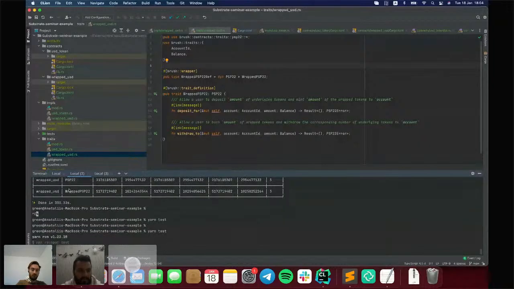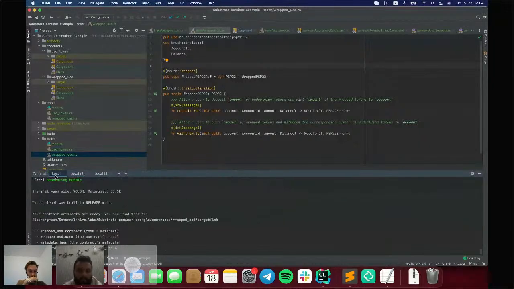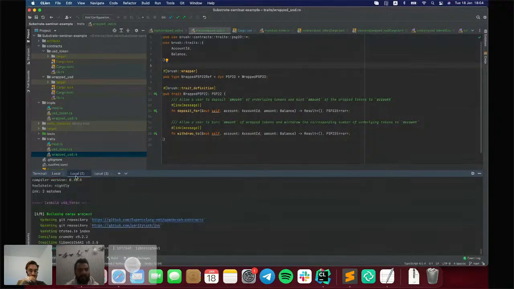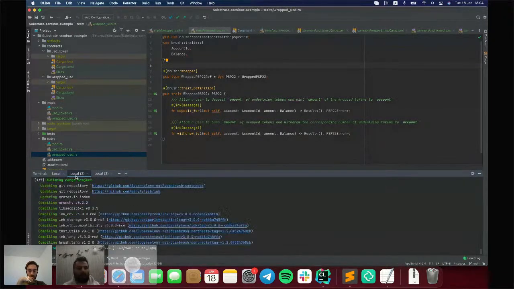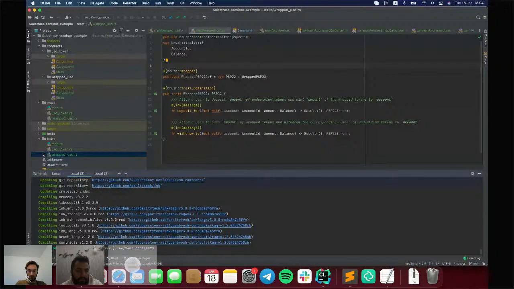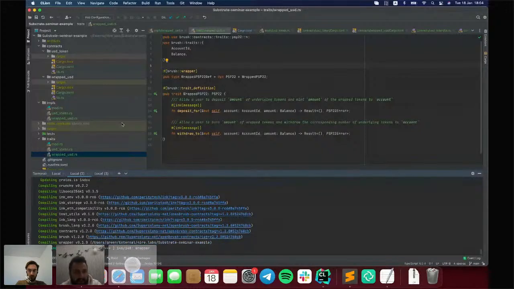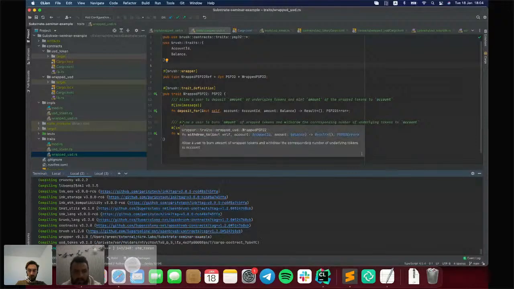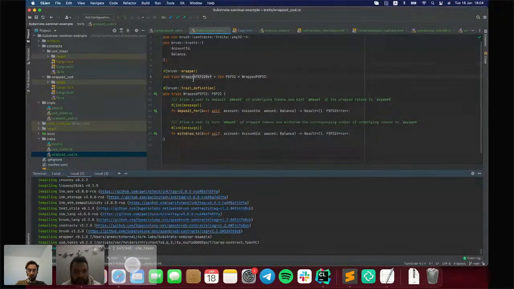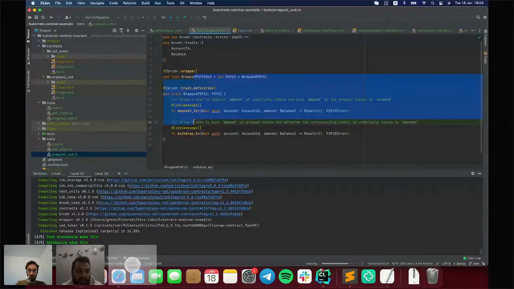In a big project, that structure helps you not to have problems with interactions across your project with your contracts. It allows other developers to easily communicate with your contracts if they want to, because traits are defined separately. And also you can override your implementation.